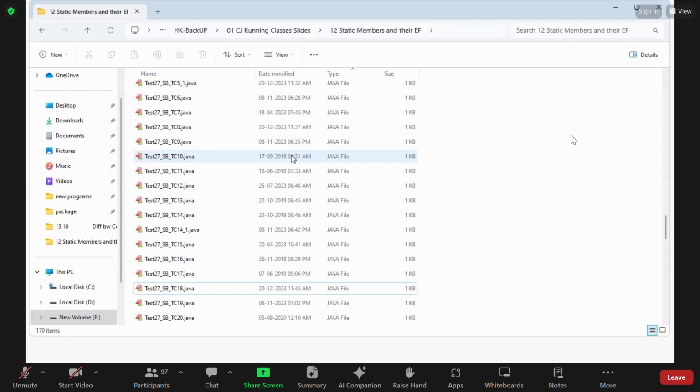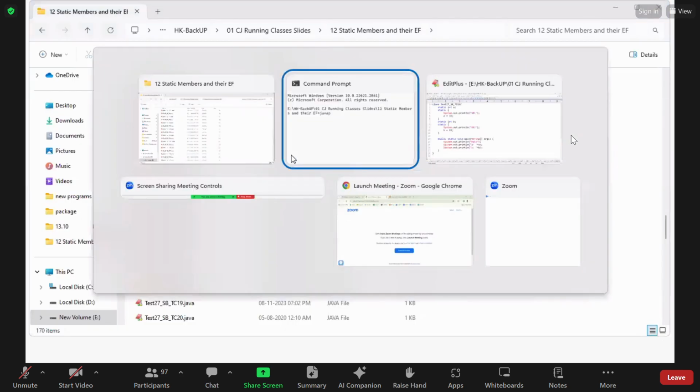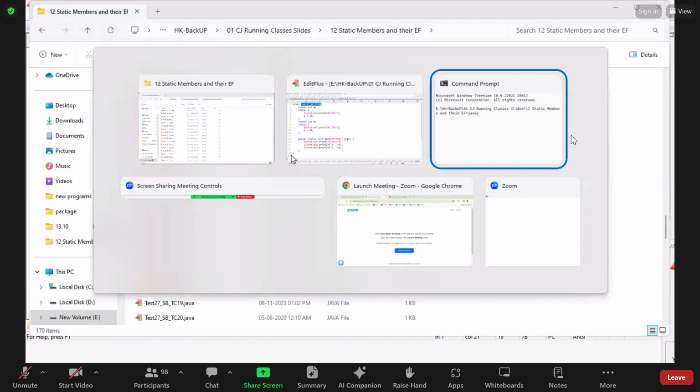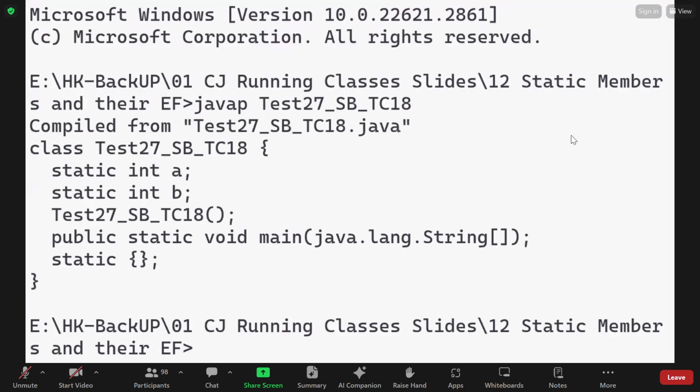What is the name of this class? It will show the members available in the class: A variable, B variable, constructor, main method, and then